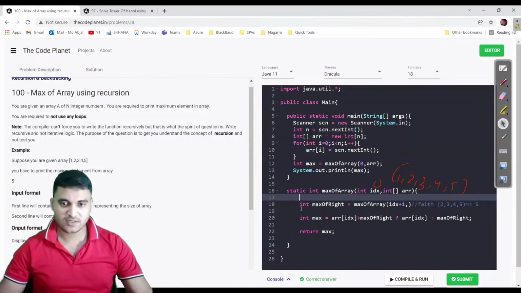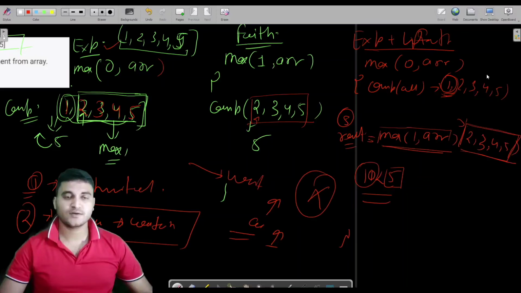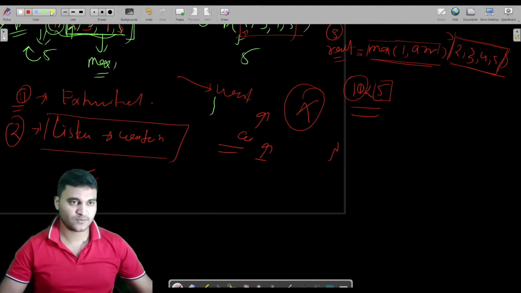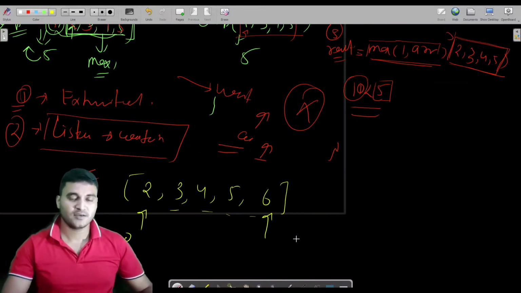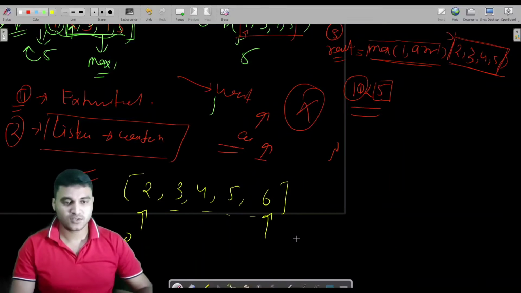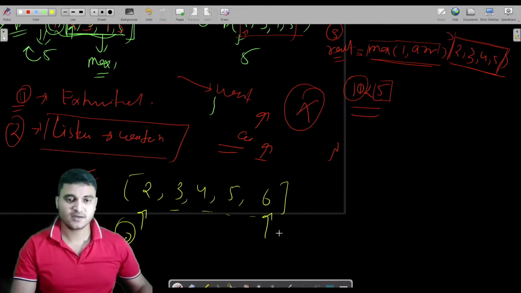And now only one thing is remaining, which is the base case, where we should stop. If you have already watched the solution of print the array in decreasing order and print the array in increasing order, then you must be aware of where we should stop in these types of scenarios. Let me explain here also. If we have array 2, 3, 4, 5, 6 of 5 size and we are starting from 0, then we should be able to stop at the last index. You will see this in most array related problems: you would be moving with indexes, and once you reach the end of the index, at that point of time you should stop.